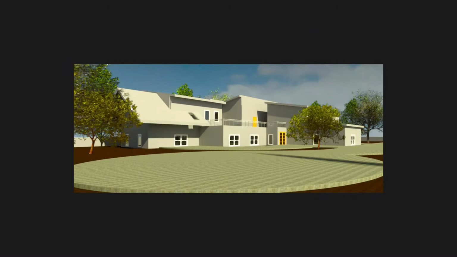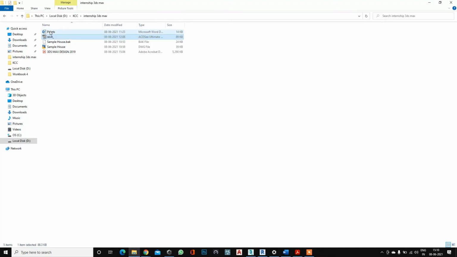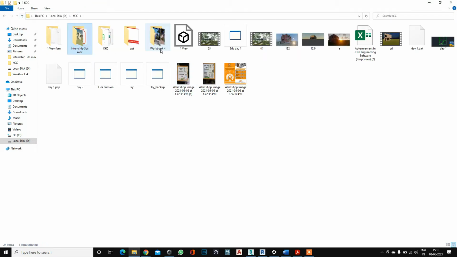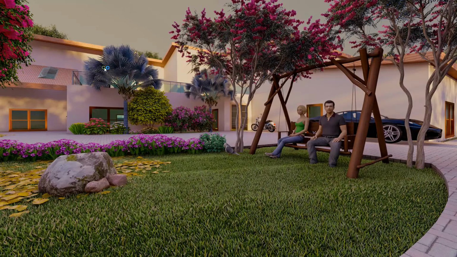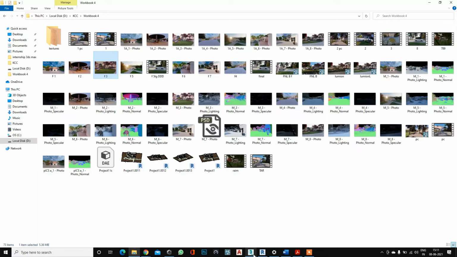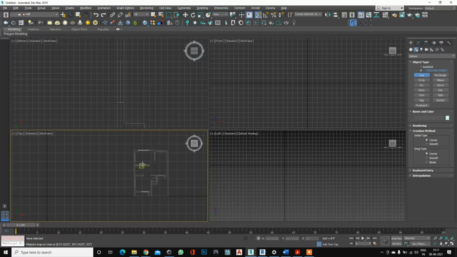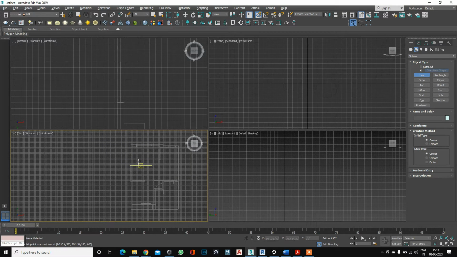So Revit gives okay, up to some mark rendering, but if you need realistic rendering, for example, I will show you. For example, if you want something like this kind of render, so you need to do it in 3ds Max, right? So yeah, in 3ds Max you can work only in 3D. You cannot work in 2D in 3ds Max. So this is the first and the most important difference between Revit and 3ds Max.